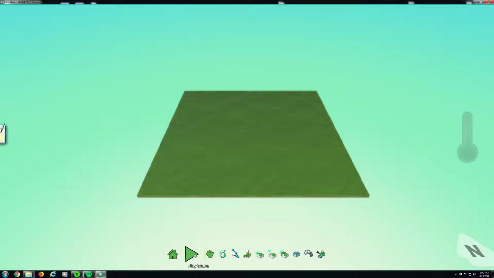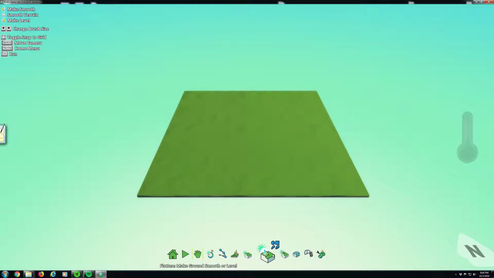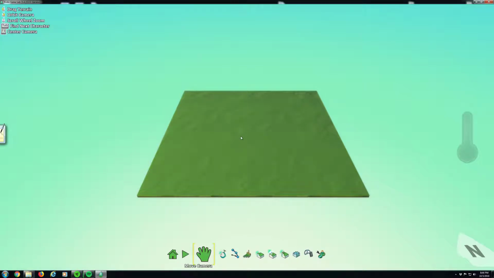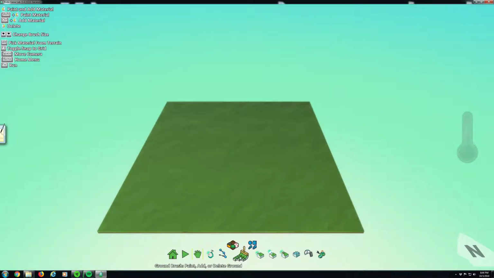We have our home button, our play button, move camera, add Kodu characters, and you have your ground brush, your hills up and down. You have your smoothing ground function, making spiky ground, adding in water, deleting tools, and just overall general settings. So if I want to add more land, what I can do is I can click this